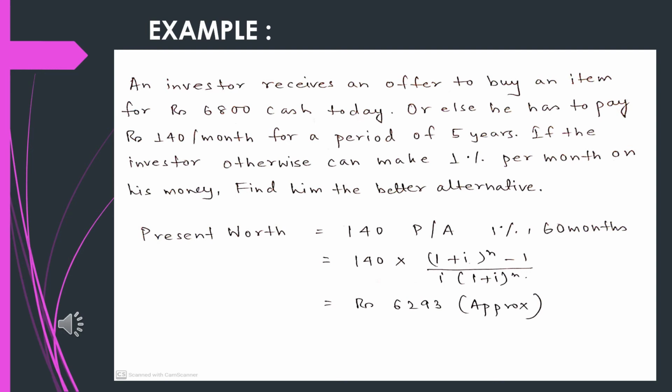This basically can also be transferred into annual worth, where we take the option 1 present worth of 6,800 and transfer it into annual worth, and 140 per month remains in annual worth. The value might be changed, or will be different from this one, but practically the result that the person needs to pay monthly will not change throughout the period of time. That is what this example shows us.